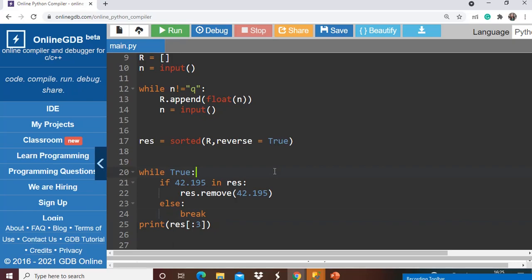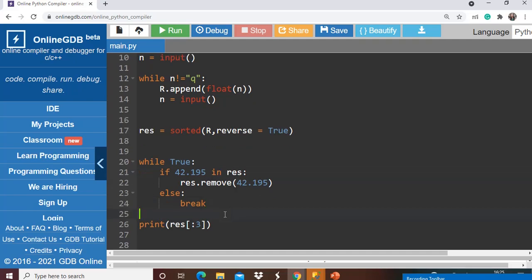But one more thing was there, that if the value given by the user is less than 0, we have to check this as well.